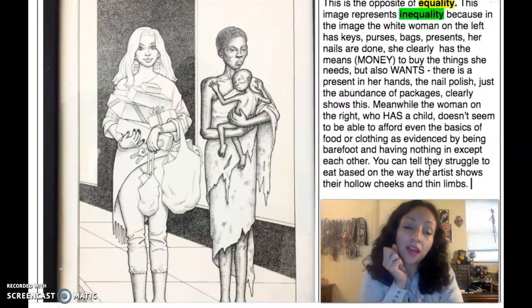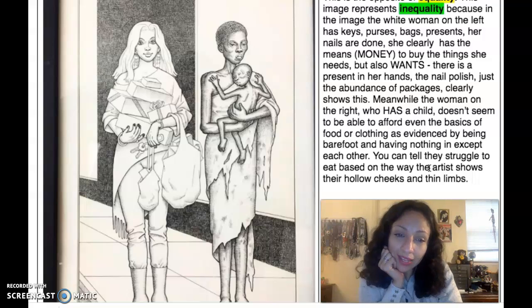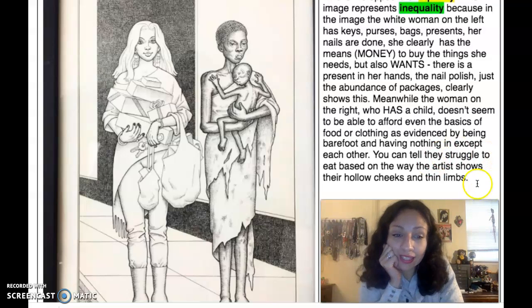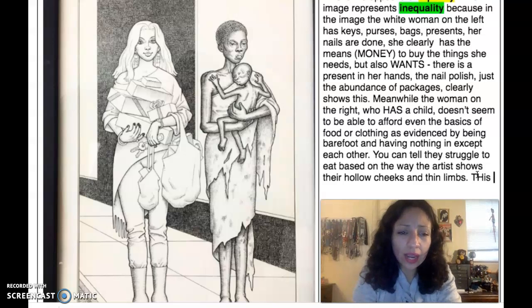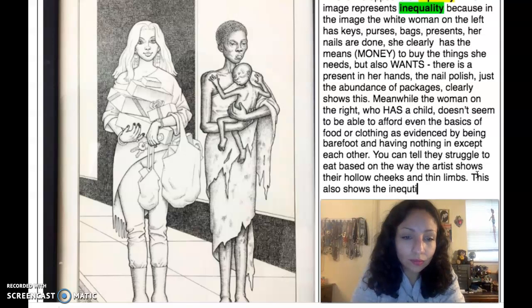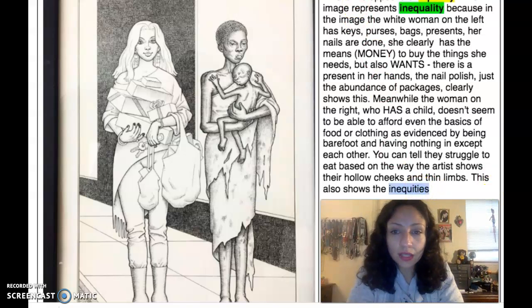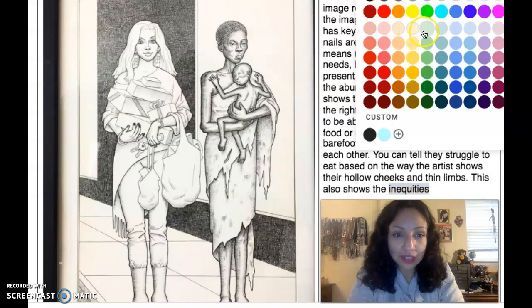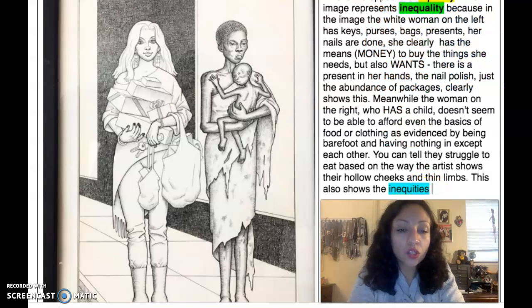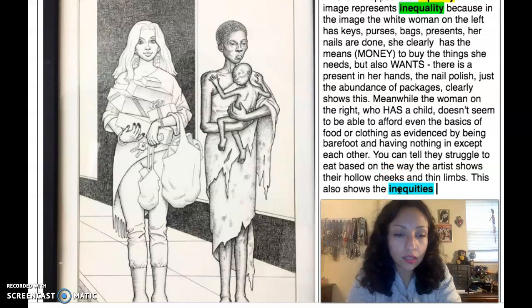Okay, admittedly, I explained a lot, and you don't have to explain that much. But yeah, there's a lot in this picture, so I wanted to include it. So that's me talking about inequality. At the same time, I can also bring in equity, right? Without even re-explaining it, this also shows the opposite, shows inequities. Let me highlight this one. Also checking the time, running out of time, but it's okay. Also shows inequities because,